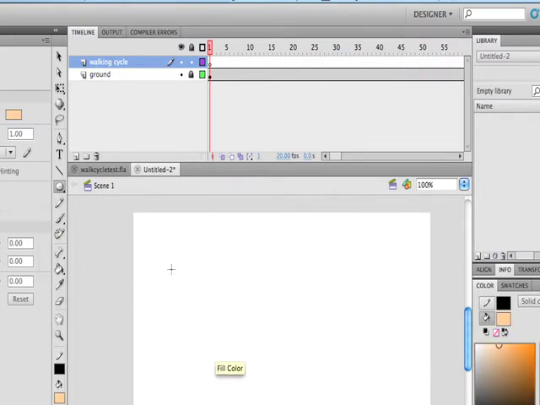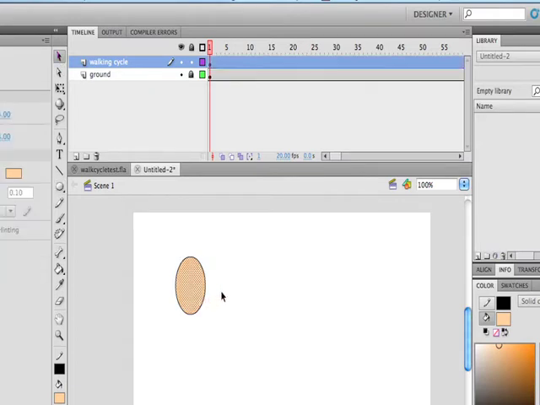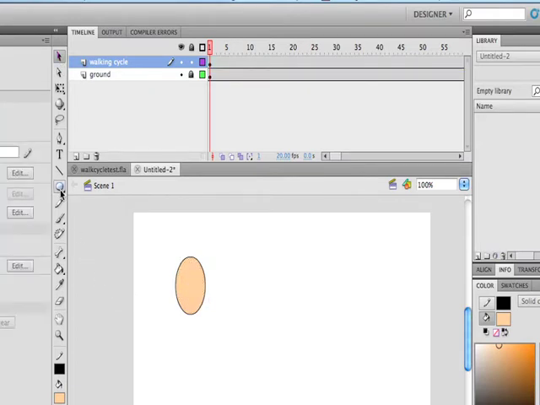Okay, next thing we're going to do is just draw an oval shaped circle, like a human face. And now I'm going to grab the pencil tool just here and just draw a line for the mouth,